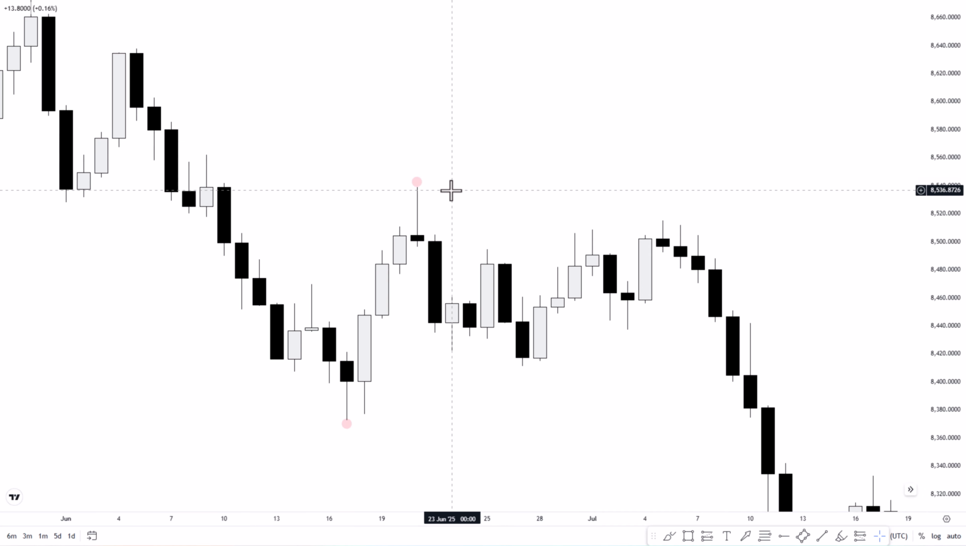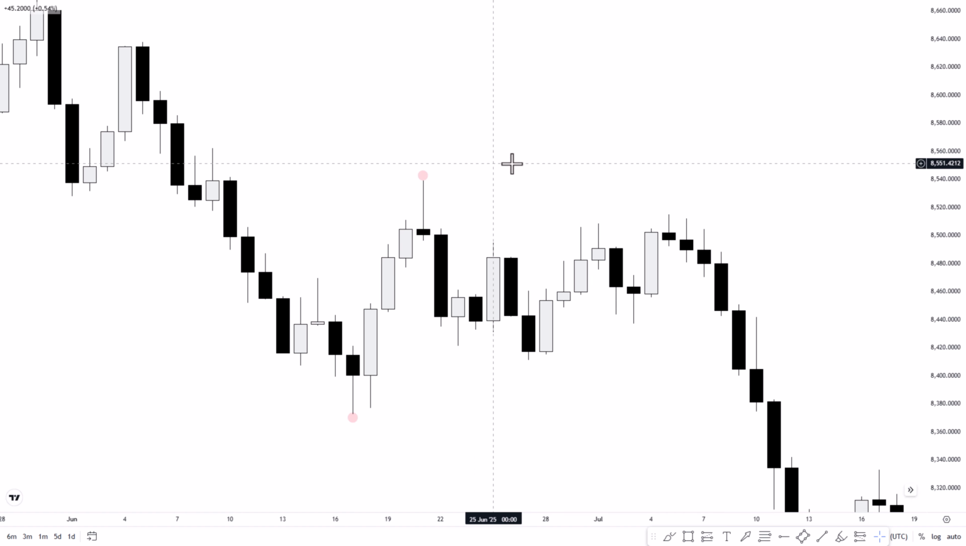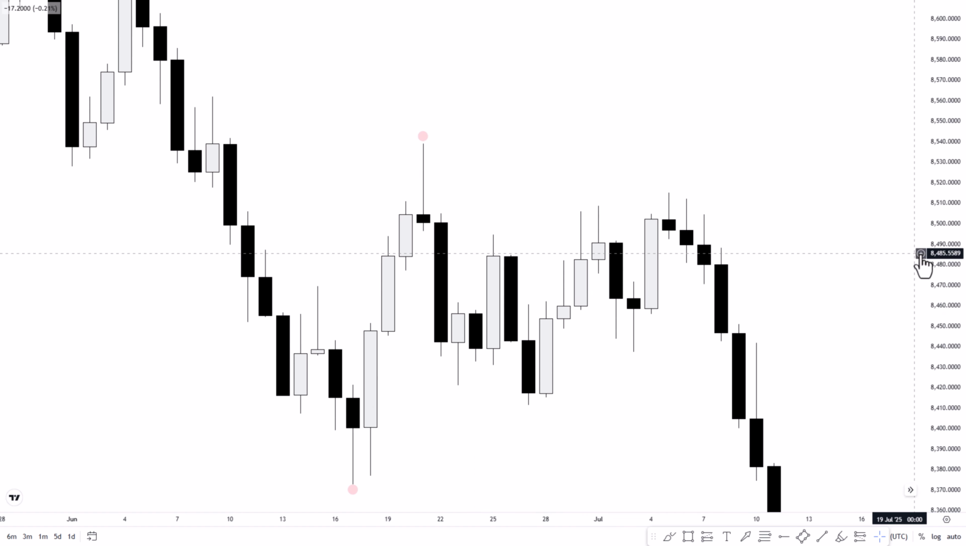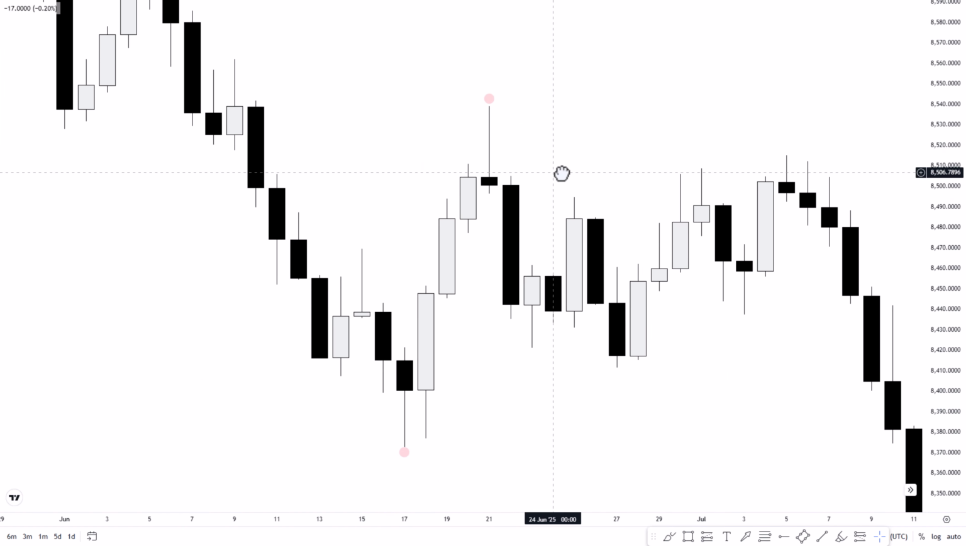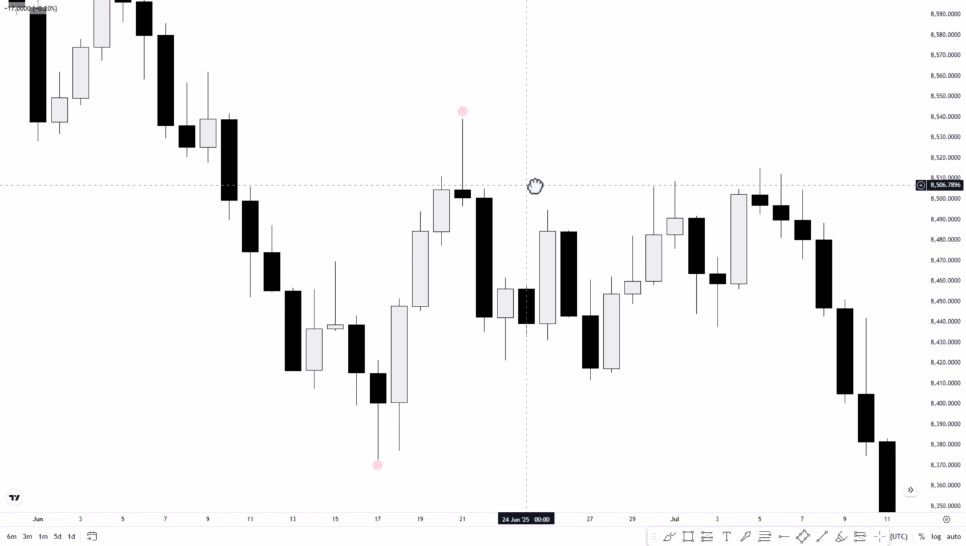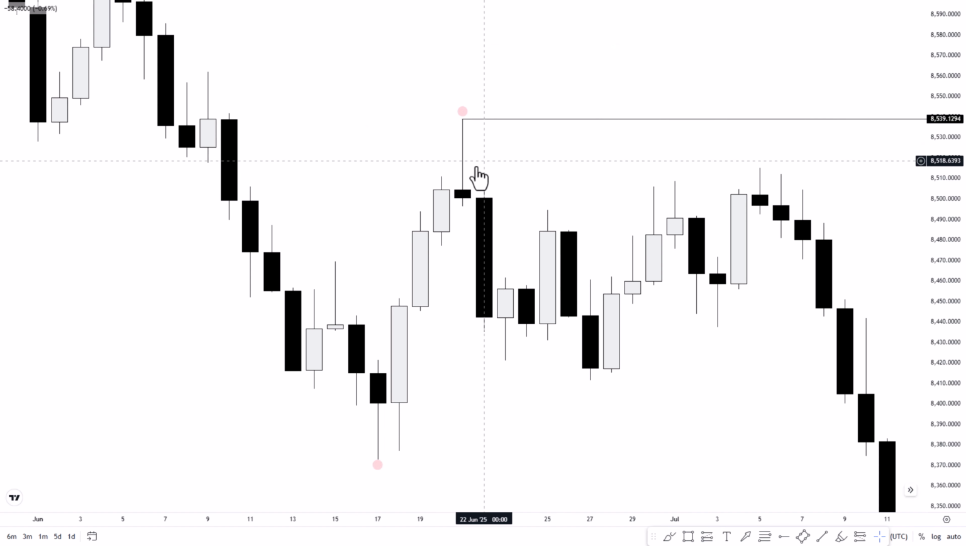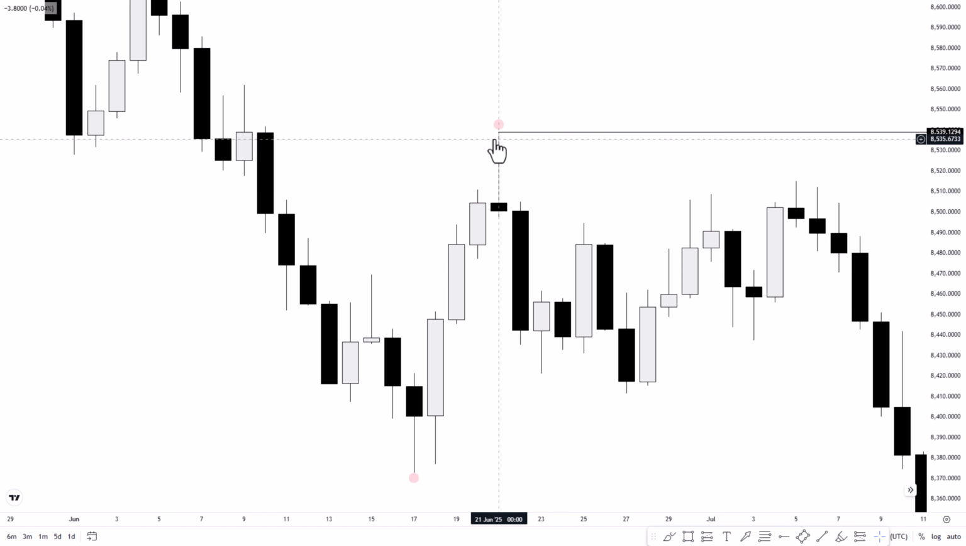And basically, you need to identify reactions in the market, especially when a swing high and swing low is about to form. Now, I want to use this swing high as an example. We said that this is a swing high, and price has formed this high. And when price was about to create this high,